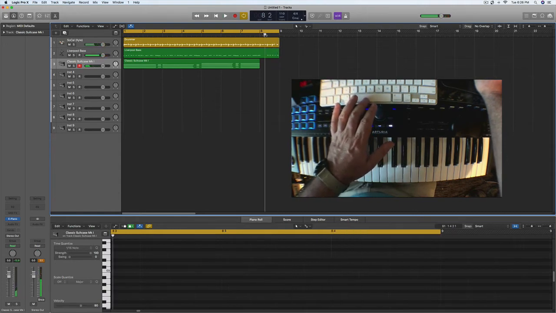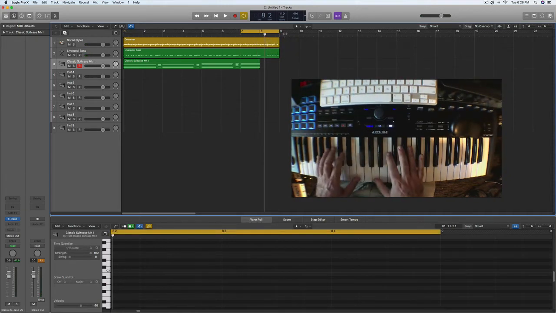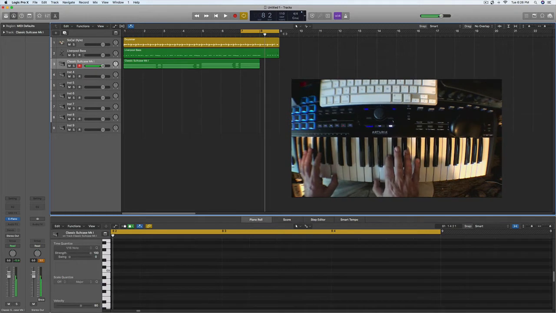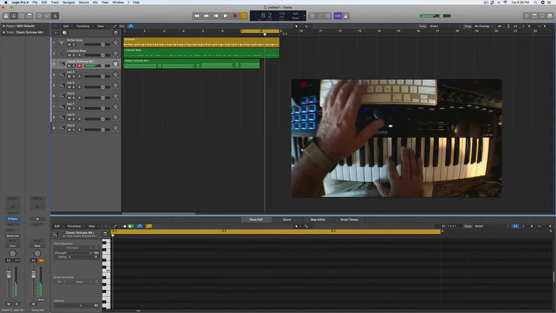So I'm just going to go ahead and loop just this part. I'll make it interesting. Use this chord. All right, so